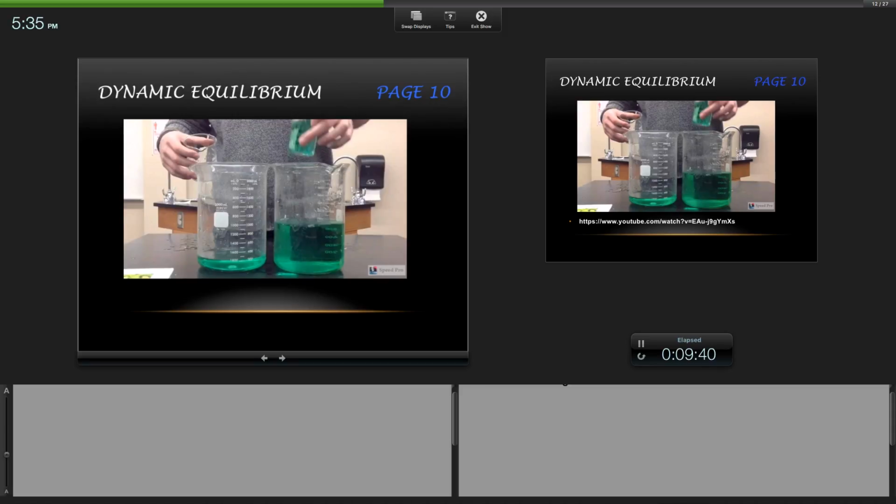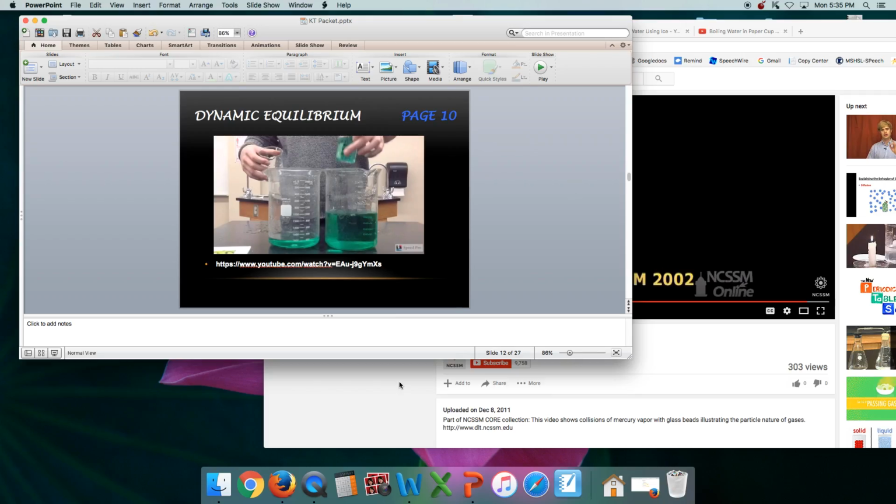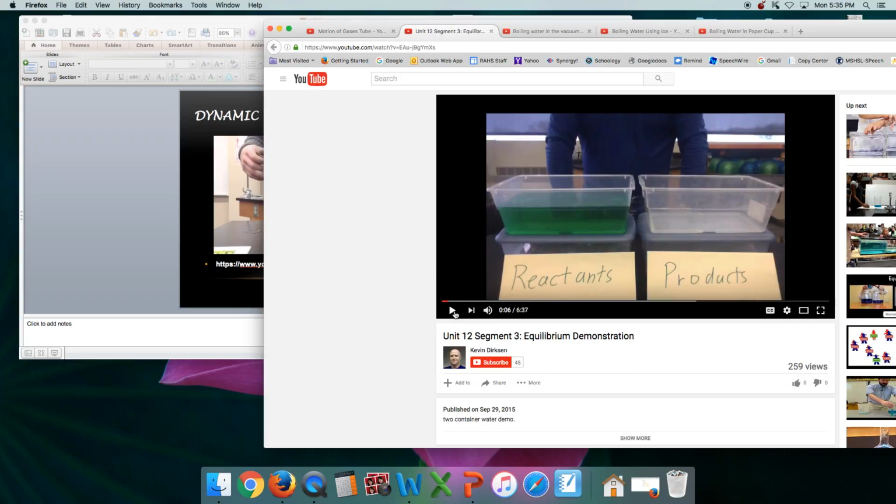All right, so you must be ready for some dynamic equilibrium information. So I'm going to show you a video and talk about what's going on here. So let's check this out. So dynamic equilibrium. What we have here is a tub of greenish water pretending to be reactants in a balanced equation. And then you have this thing pretending to be the products in a balanced equation. Equilibrium has to do with a balance. So dynamic equilibrium is going to eventually show a connection between reactants and products, or think of it as